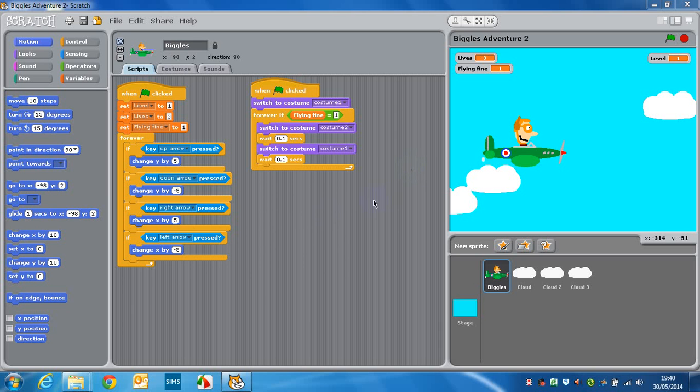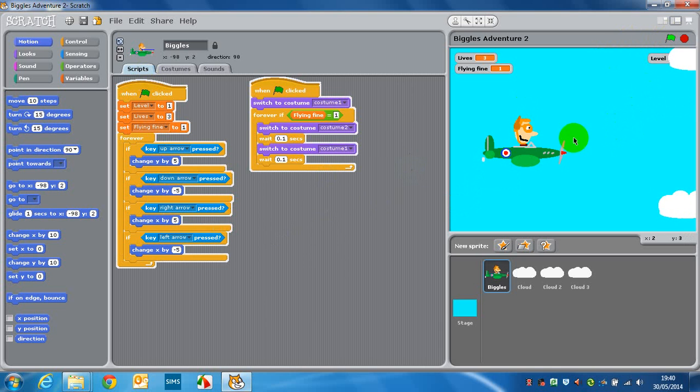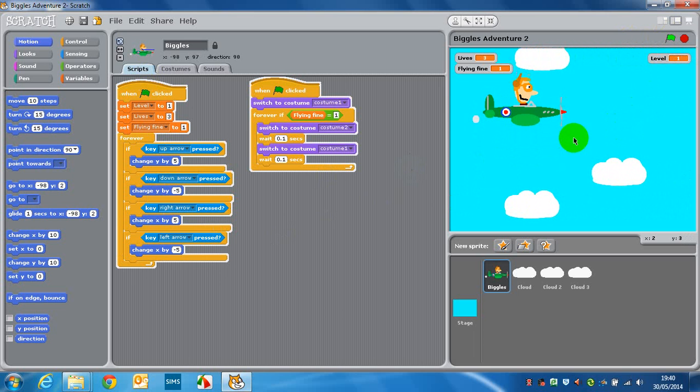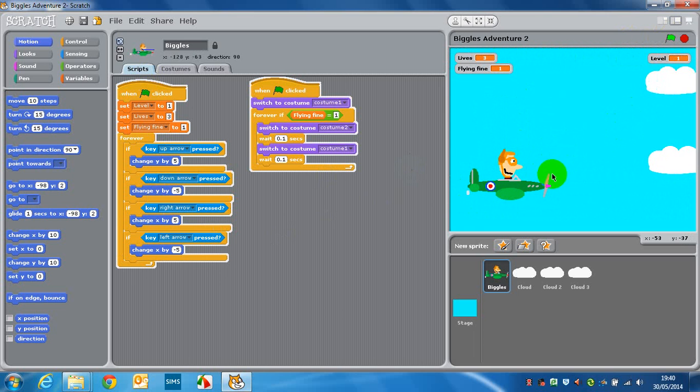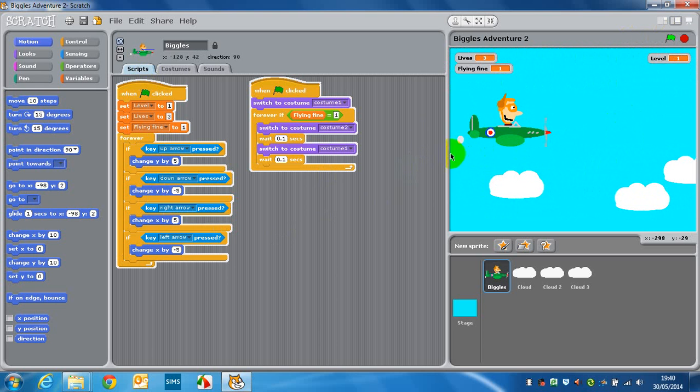So far in your game, you should have your character who flies along and at least the clouds in the back. You may or may not have this repeated animation, as you can see where the smoke's coming out the back. If you haven't got that, don't worry. You want to be moving on with what we've got today, which is we're going to be shooting machine guns